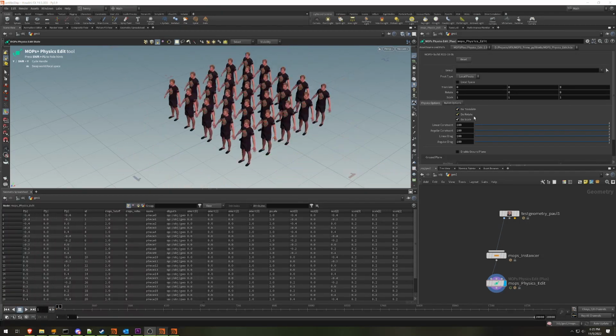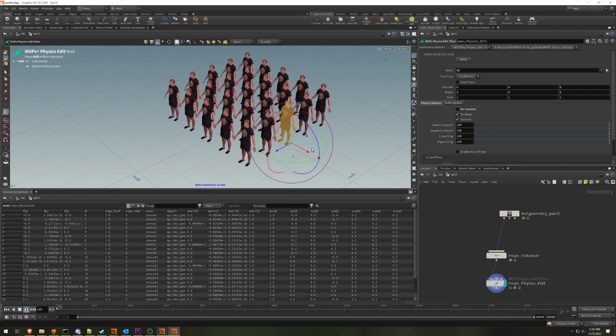Next, let's talk about these three options here: do translate, do rotate, do scale. These are a little fussy. There's limited utility for these, but the scale especially becomes important when you're doing certain kinds of operations, and I'll explain that in a second. If you turn off any of these options, what it means is that the constrained object is no longer going to respond to that part of the handle. So for example, if I turn off do translate and then try to translate this guy, nothing is going to happen. If I rotate him, for example, and he collides against something, you can see that he's actually going to